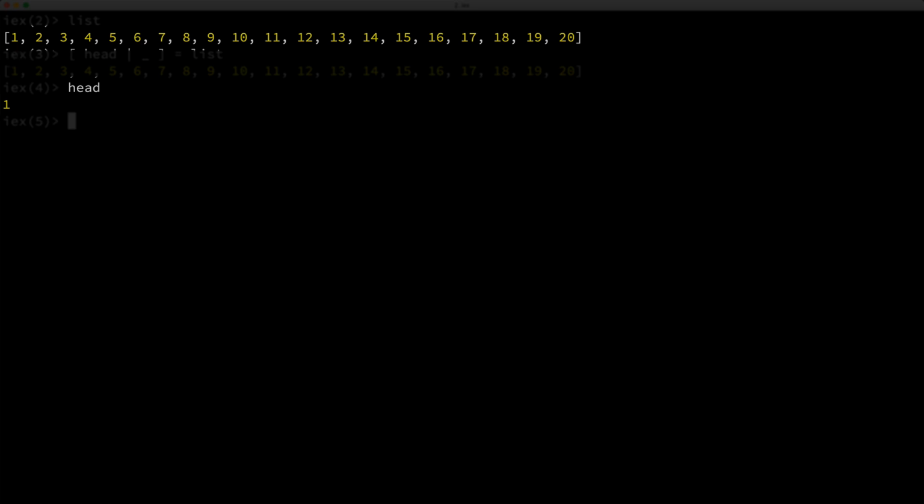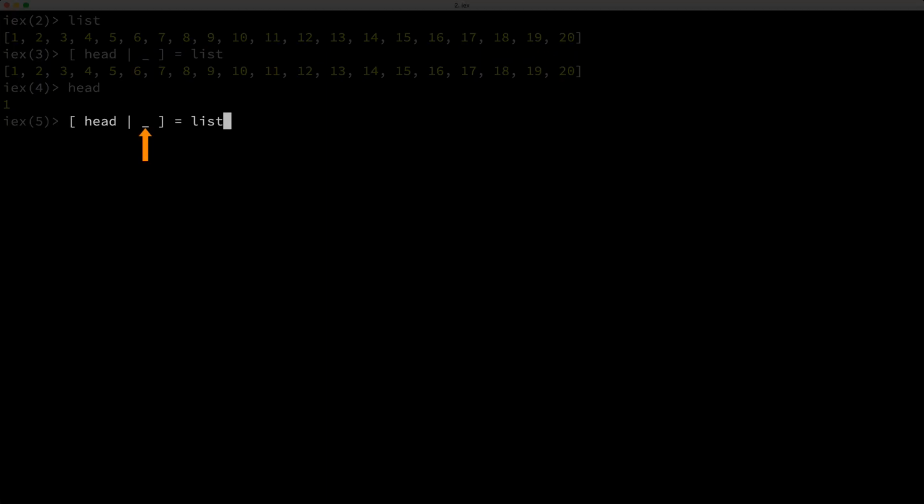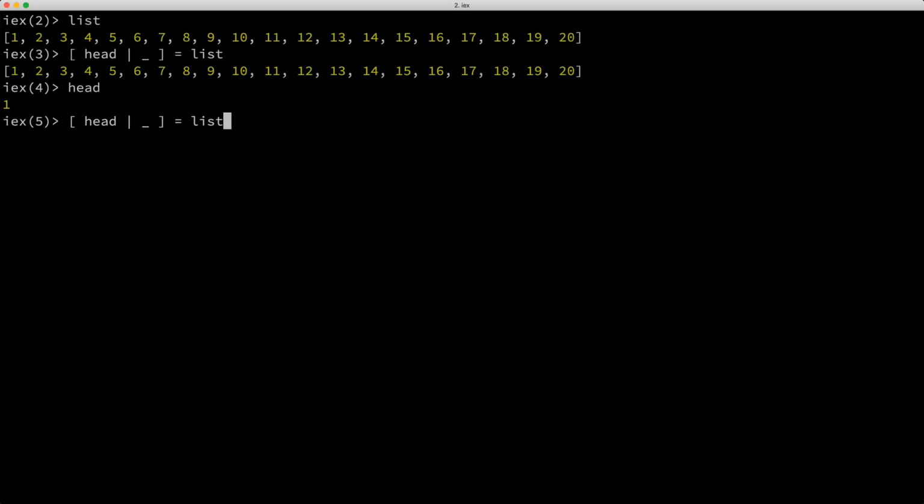What if we actually did care about the rest of the list? In other words, we need to do something with these elements right here. Well, in this expression, we just disregarded the rest of the list using the underscore. But what do you think will happen if we use a variable here instead of the underscore? Let's try it. I'll get rid of the underscore and replace it with a variable.